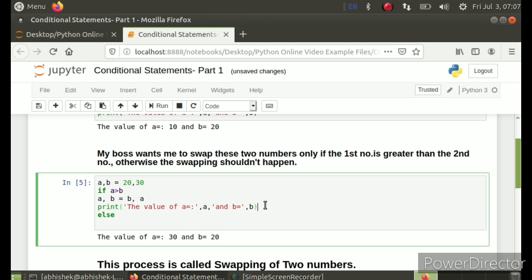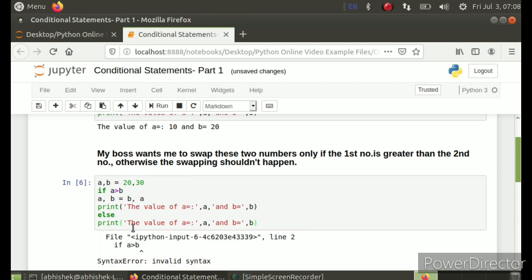So let me just copy this line and paste it here. You don't need to write the exact statement in else also. It will automatically take whatever is not happening in if, it will happen in else. Okay, syntax error. I have made this error intentionally to show you how you have to write. If A is greater than B, it means that the if condition is being started. So whenever a condition or a loop is being started, you have to use colon. This will help Python to know that okay, a condition or loop is going to start. Okay, shift enter again.